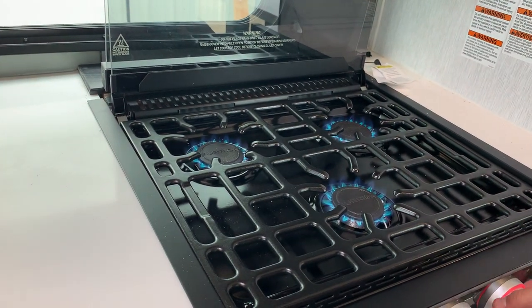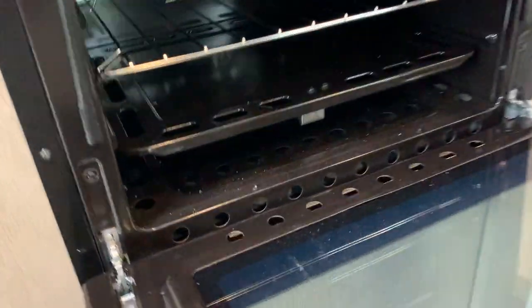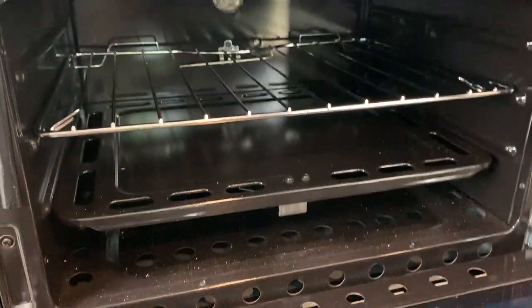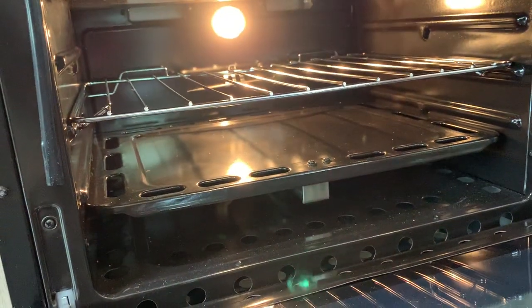And there you go. And then to get the oven to light, it's kind of the same process, just sometimes it can take a little bit longer to get all the air out of the propane lines. Turning that over to the pilot, pushing it in. Sometimes turning that light on just helps you see, which is just on the right there. Hitting that sparker,